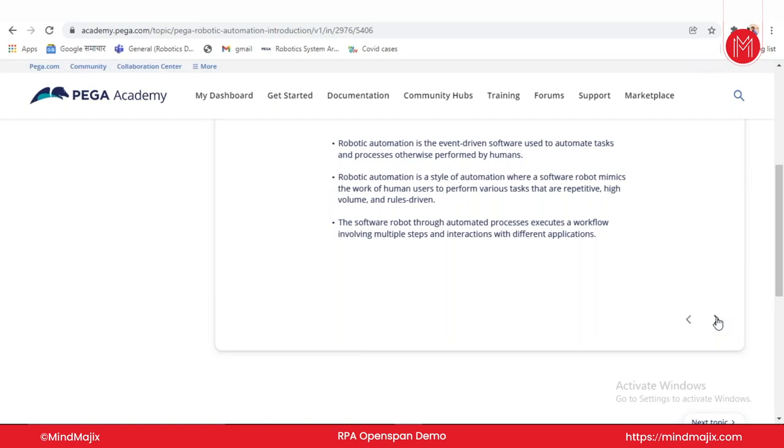There are some tasks that have been performed by humans, like providing support in a KPO or BPO process, which is quite repetitive, and there is also a chance of human error or mishandling. So robotic automation helps in this style of automation, where software robots can actually perform the work that a human user does,